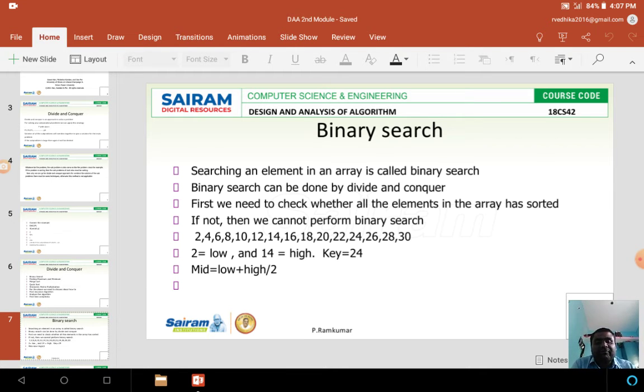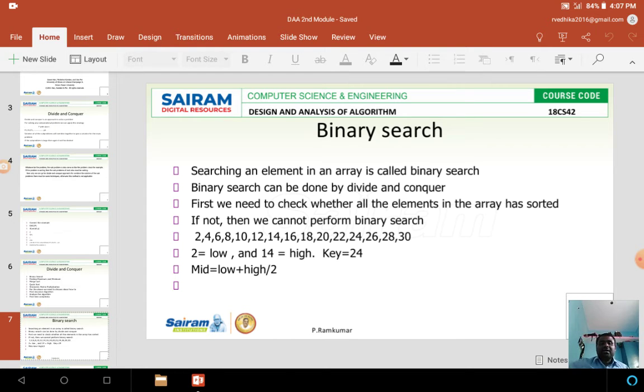As I said before, there are two kinds of operations I can perform over the array: linear search and binary search. Linear search means the elements 10, 20, 30, up to 100 are present in the array, and my key element is 50. I have to compare my key element with the first element. 50 with 10, is it equal? No. Then I move ahead. 50 with 20, is it equal? No. Likewise, I keep searching every element one by one until I identify the corresponding element